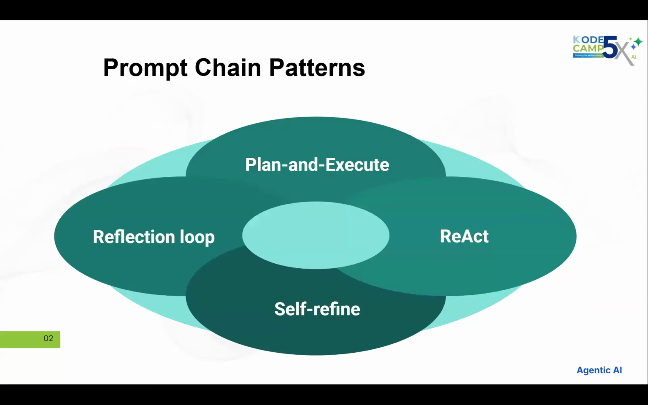There are a number of prompt chain patterns. I have 4 here, namely plan and execute, react, self-refine, and reflection loop patterns. In plan and execute, the agent first generates a plan for achieving the goal, for solving the task, and then it executes